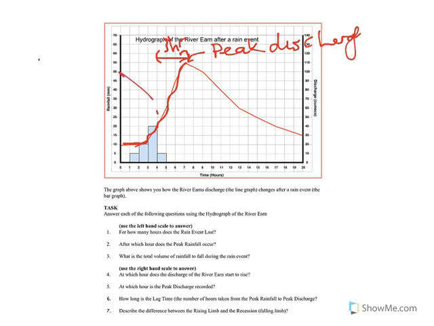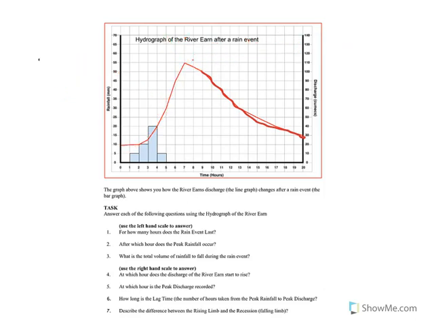So we have a very steep rising limb. What that really means is this river, the River Erne in this case, started rising quite quickly after it started raining and reached its peak quite fast. 3 hours would be considered to be a fast period of time, or a short lag time. The river's recession limb, we can see on this, is much less steep as it starts to go back down again. So let's have a look at the questions. Now that we've understood that this is a graph that's really helping us understand what this river does when it rains,